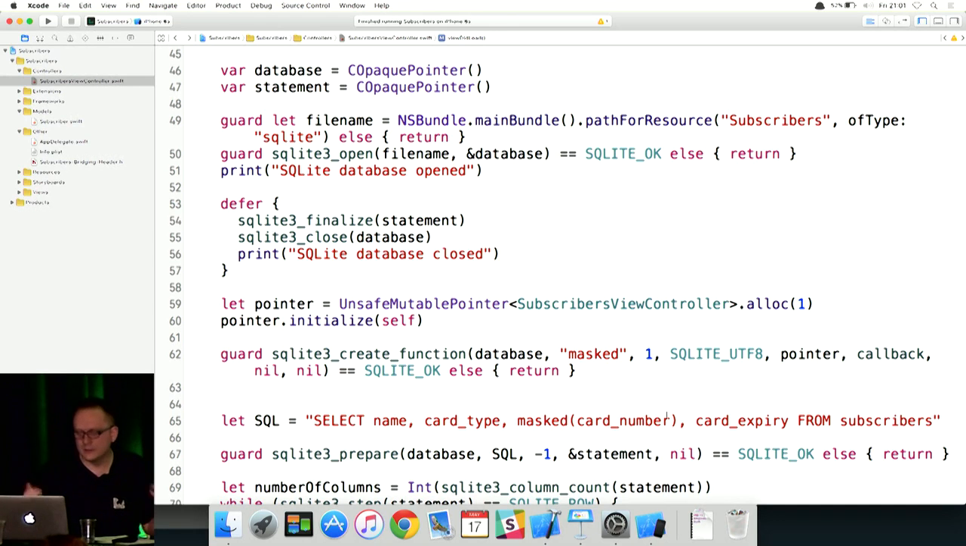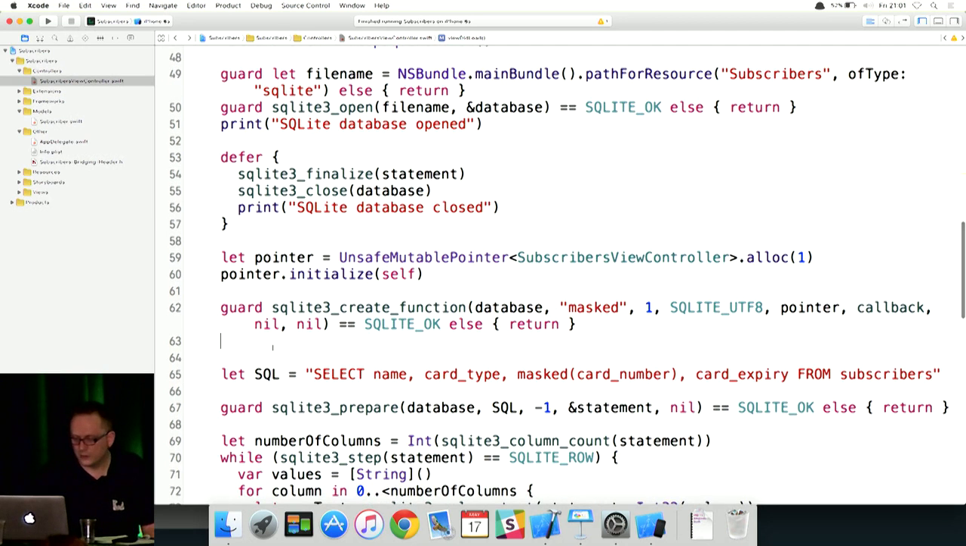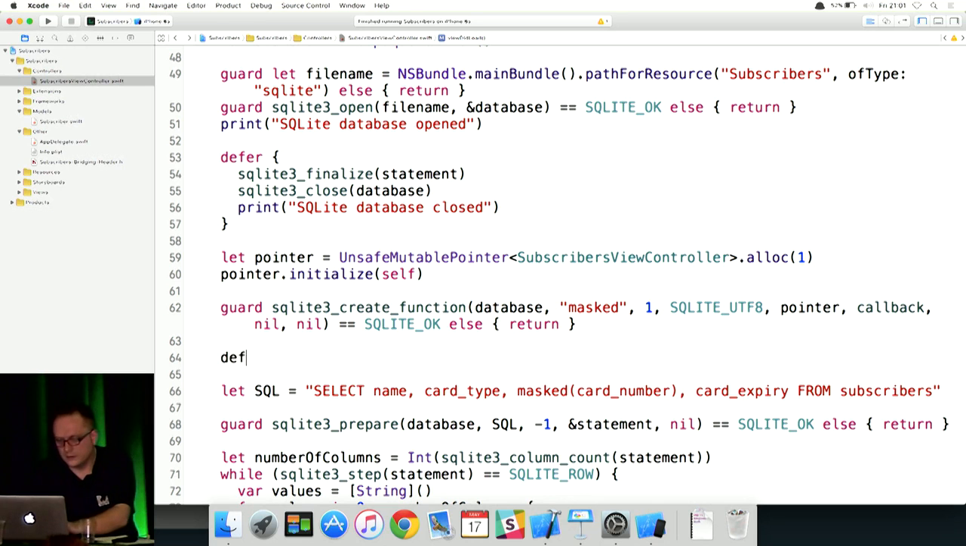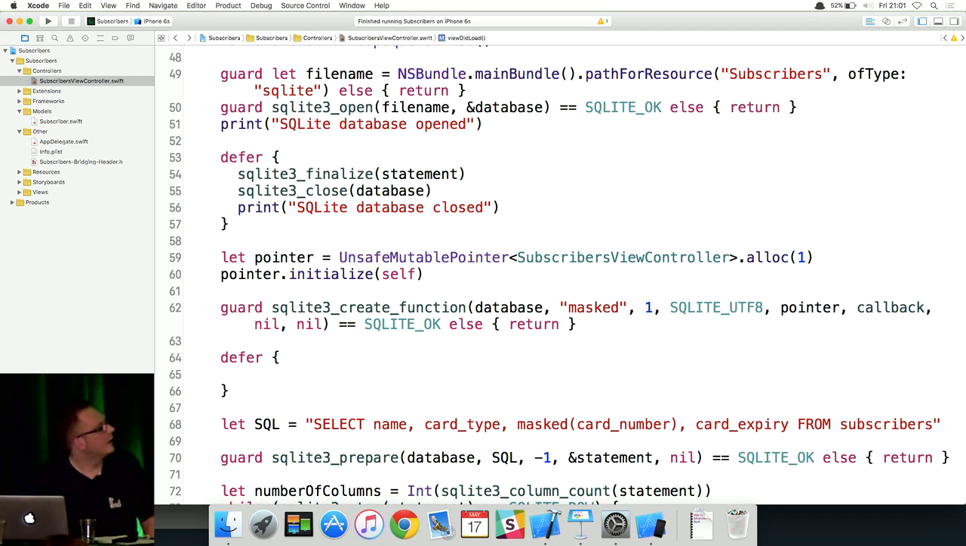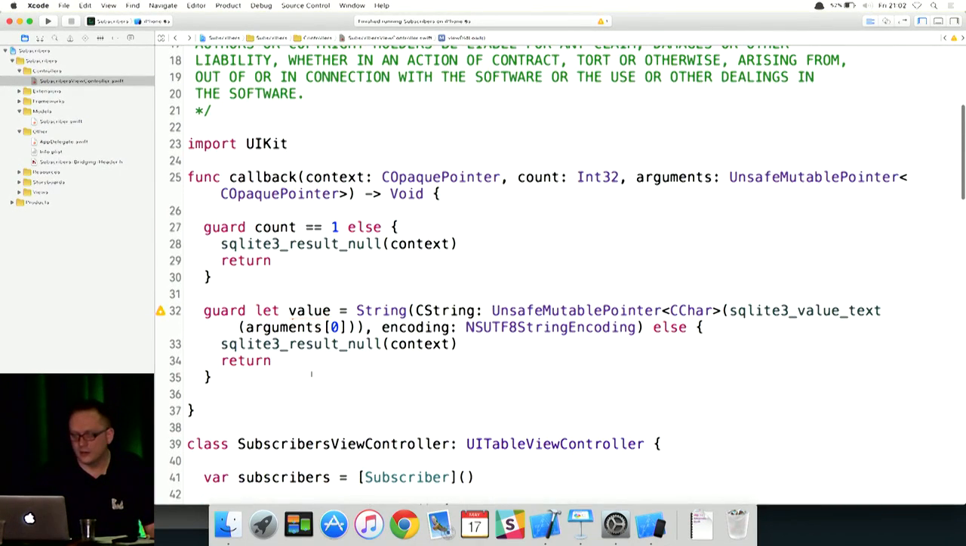But again, to be a good citizen, we need to make sure we clean up after ourselves. So we're going to add another defer block just after where we create our function. All we're going to do here is dealloc that pointer. Because we've only got one instance, it'll just dealloc that straight away for us, and we don't need to worry about that. So now we've got that, we can carry on with our implementation of our